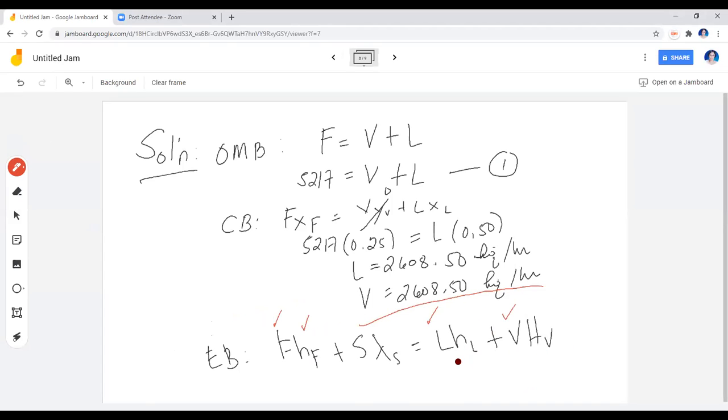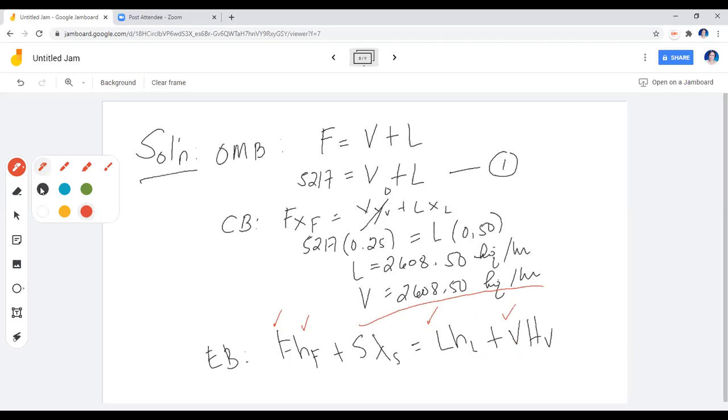Now, before you can get the HL and the HV, class, you need to know the boiling point of the solution, because that temperature will be used in the concentration enthalpy diagram together with the solid content so that you will be able to find the correct enthalpy in the case of the liquor. In the case of the vapor, you need it in computing for the superheat of your vapor, which I will be showing to you in a little while. So one by one, I'd like to go first to HL. I need to know the boiling point of my solution.